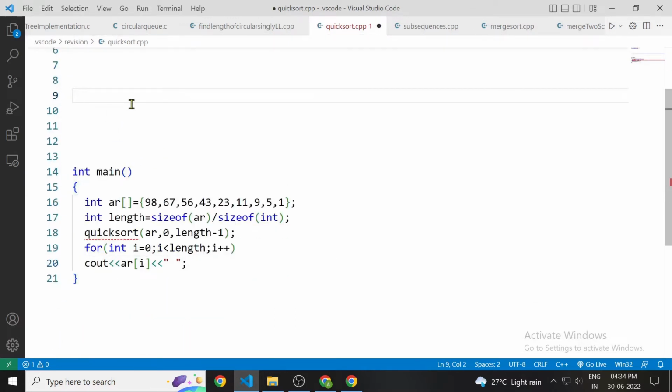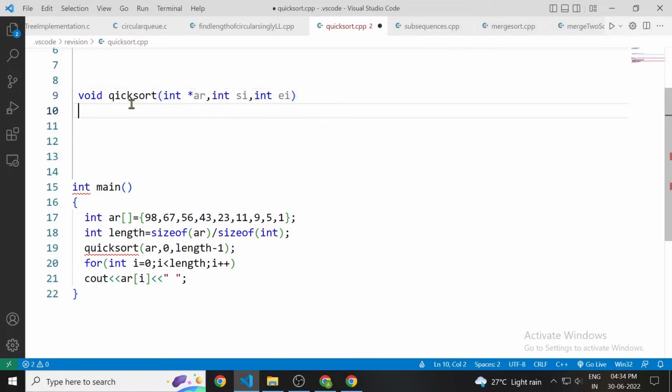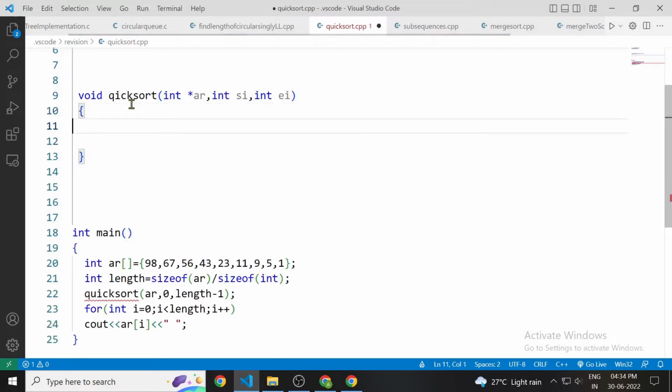It's not going to return anything, so its return type will be void quick sort. It will have three parameters. The first parameter will be an integer type array, the second parameter will be the starting index, and the third will be the ending index. It's going to be a recursive function. So first we will discuss its base case,